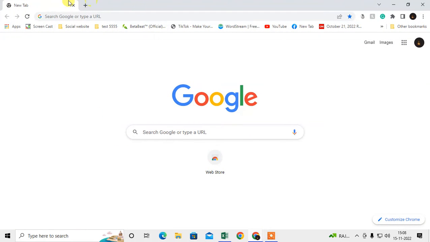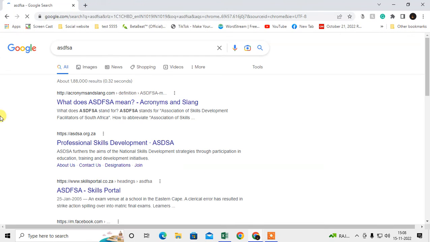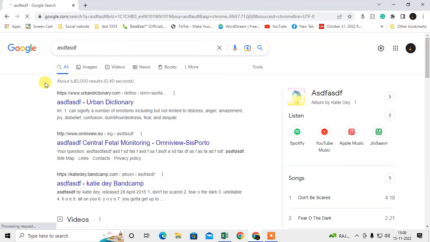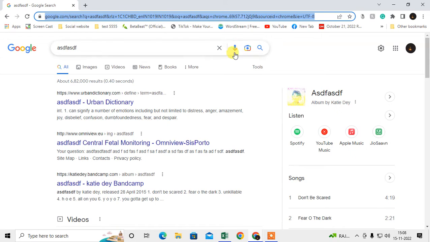Okay, so let me open the browser first. Okay, so this is my browser and I'm using the Google only. So you can see if I search something here, it will be open in Google only. But maybe in your case, if you are trying to search anything here, it will be by default open in